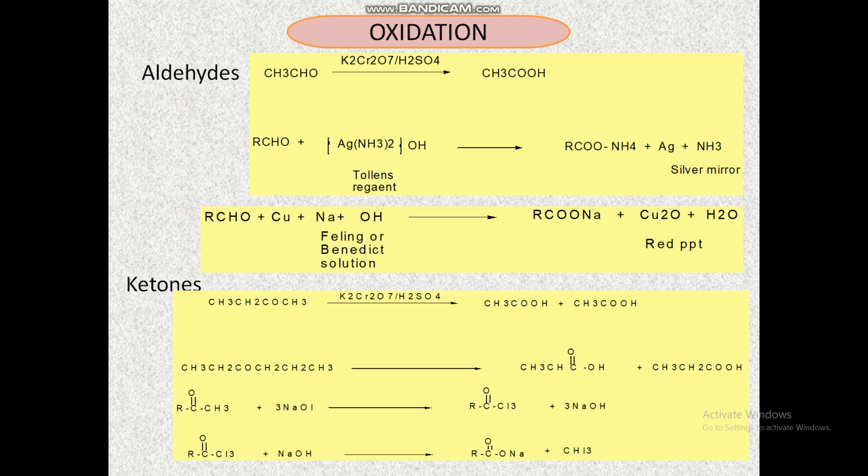Acidified potassium dichromate and concentrated nitric acid or sulfuric acid oxidize ketones into carboxylic acids having a lesser number of carbon atoms than the original ketone. The carbon adjacent to the carbonyl group is involved in the reaction. So you see that ketones undergo oxidation with potassium